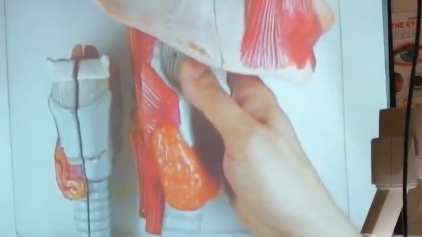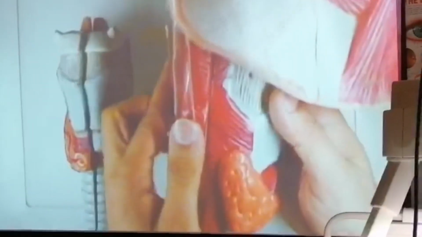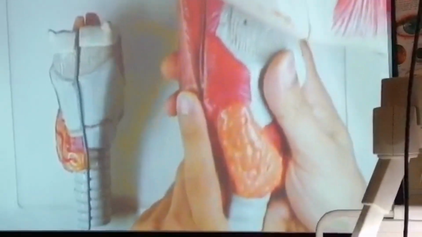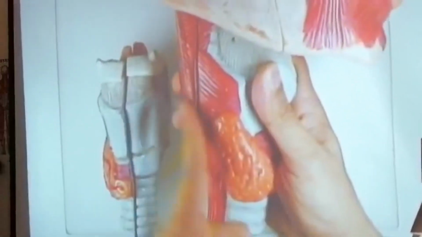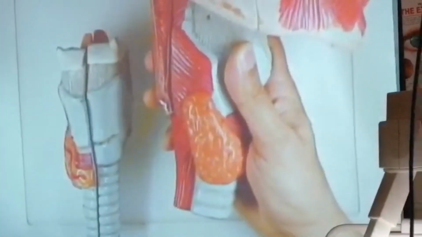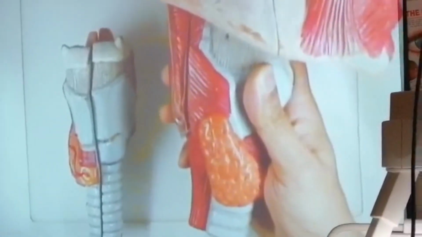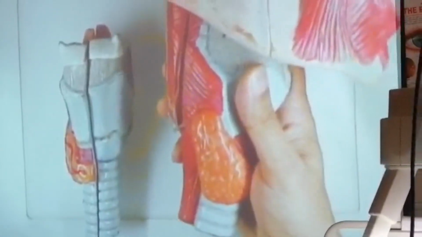These are the constrictor muscles of the pharynx: the middle constrictor and the inferior constrictor muscle of the pharynx, running transversely, downward and forward toward the insertion attachment in the area close to the oblique line of the thyroid cartilage. And between the upper border of the thyroid cartilage and the lower border of the body and greater corner